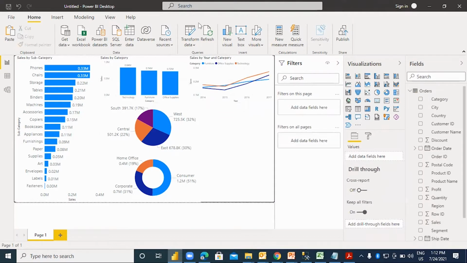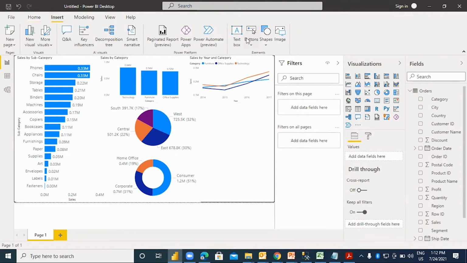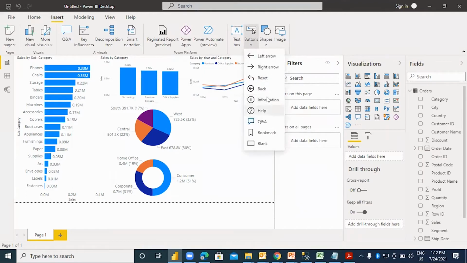And now I will create a button, so I can go to the insert. Let me take a button over here. I will take a blank button.